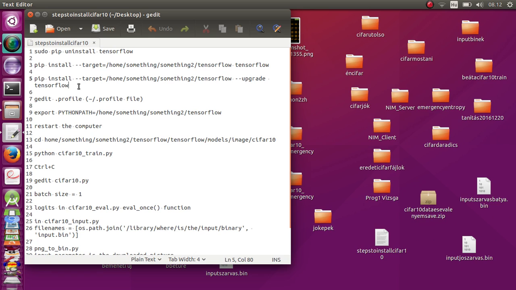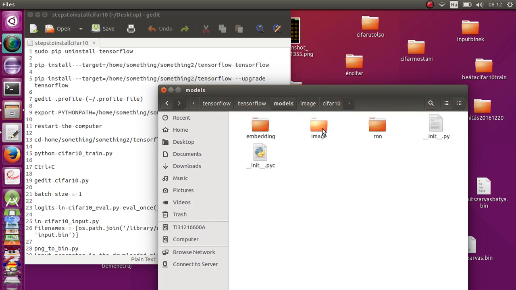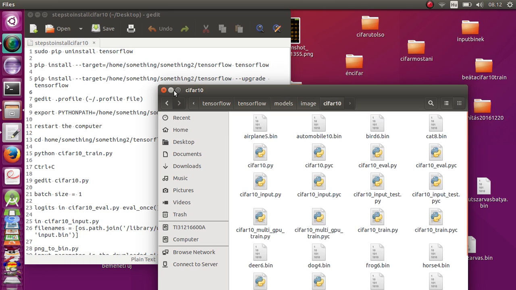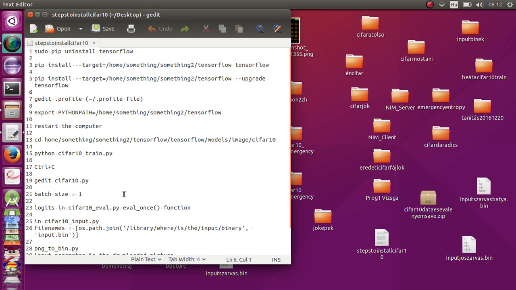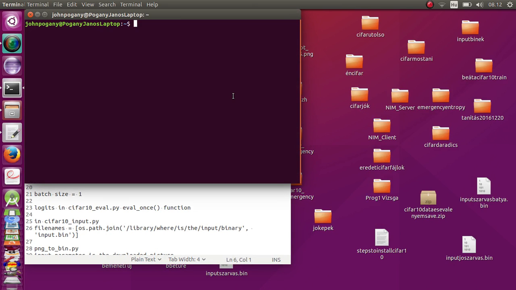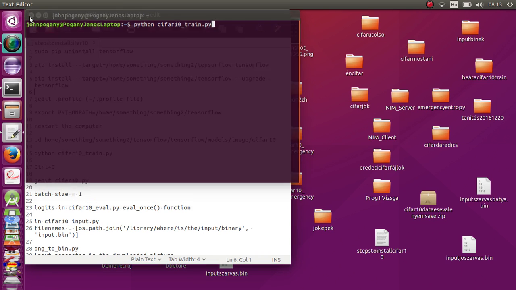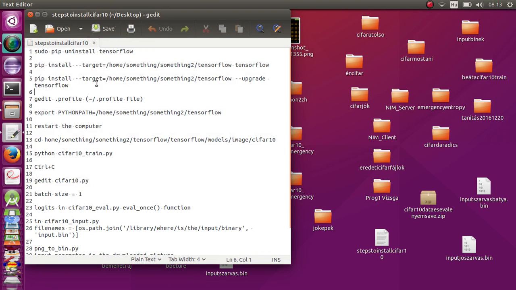Once you are done with it, you may want to try to run the files. You may want to run the cifar10 files by entering something like this in the terminal: python cifar10_train.py. But it won't work, because the terminal will bring an error message that some packages cannot be found. This can be solved by editing the